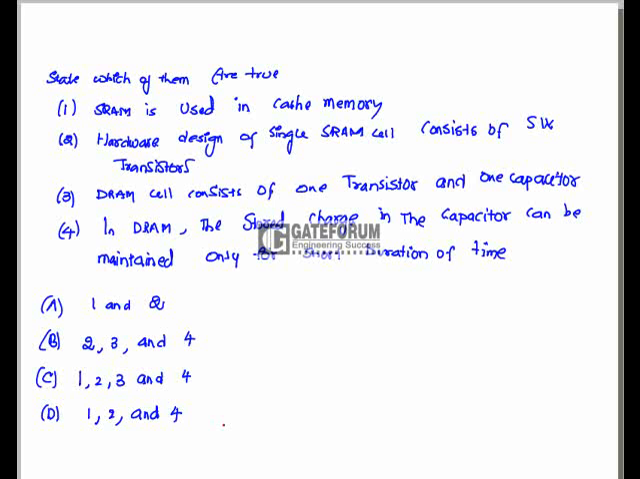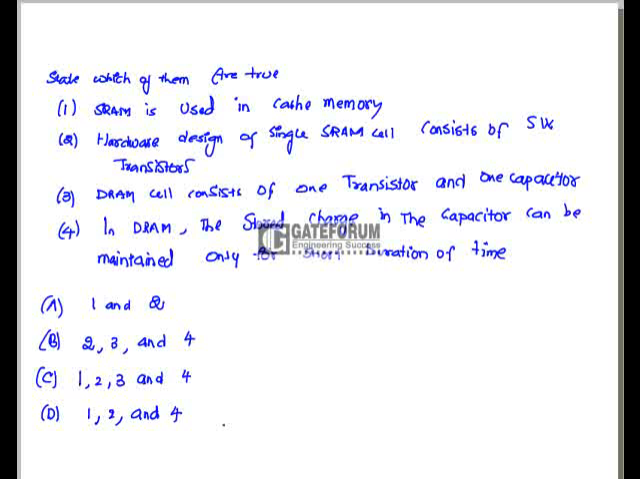Which of them are true? SRAM is used in cache memory. It is true because SRAM is fast compared to DRAM. And a single SRAM cell consists of 6 transistors, it is true. And a DRAM cell consists of 1 transistor and 1 capacitor, it is also true. In DRAM, the stored charge in the capacitor can be maintained only for a short duration of time,